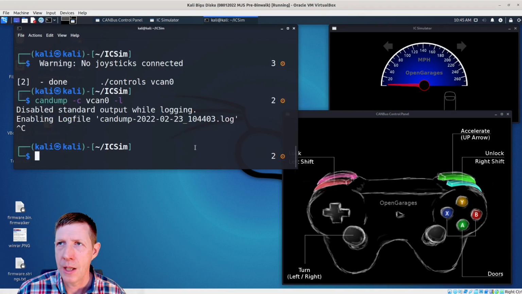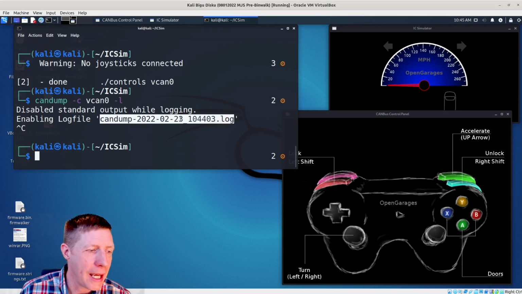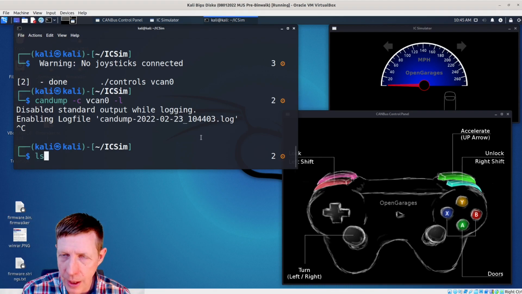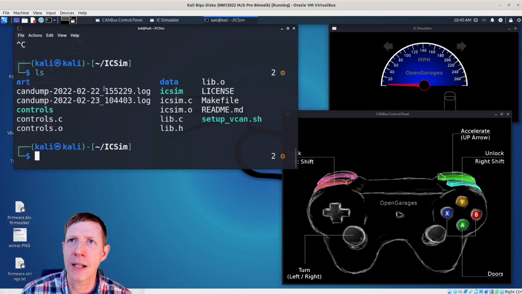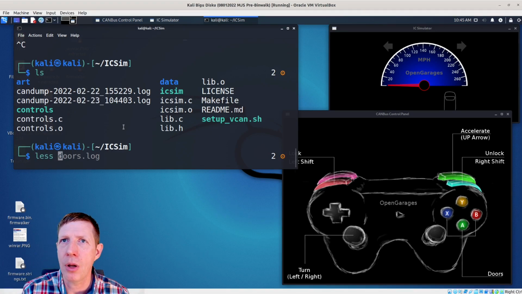Now what that does is it made this file right here, candump 2022-02-23. You obviously know what date that I'm recording this and what time that I'm recording it at. And I do ls, and you'll see that it's there. And I have a previous one here that I made on the 22nd. The 23rd is the one that I want. And if we just do a simple candump